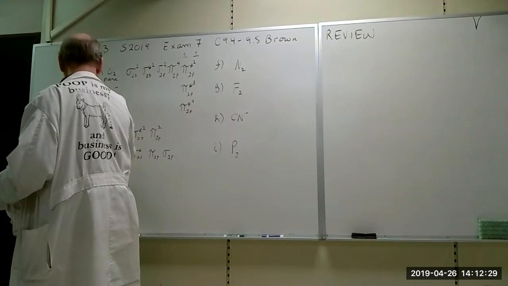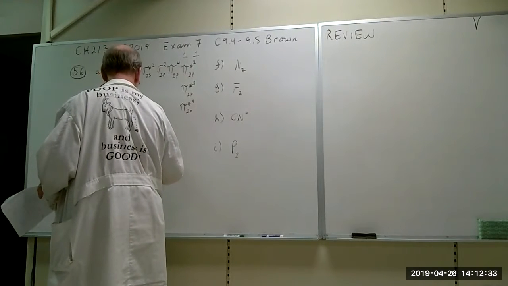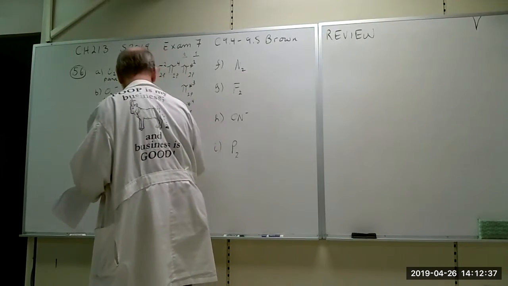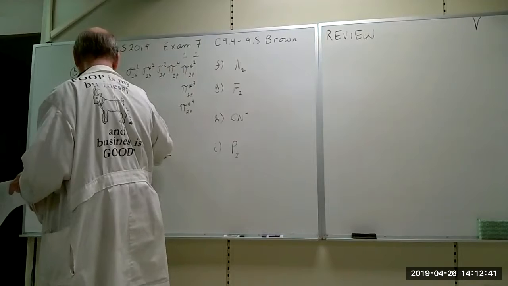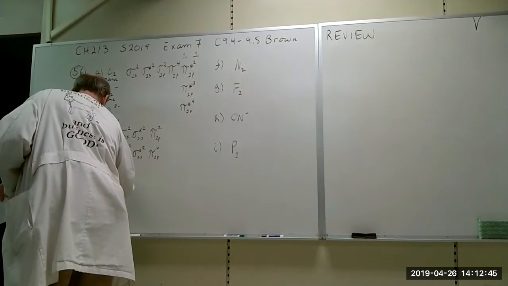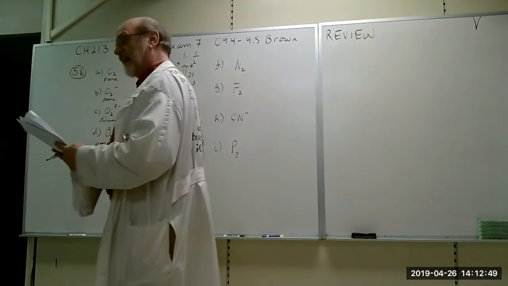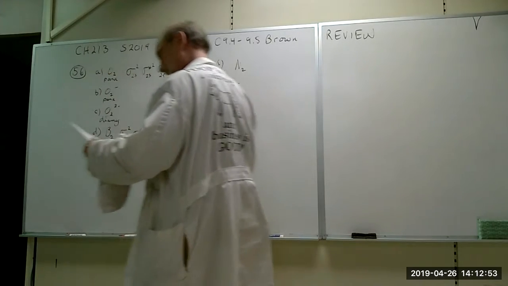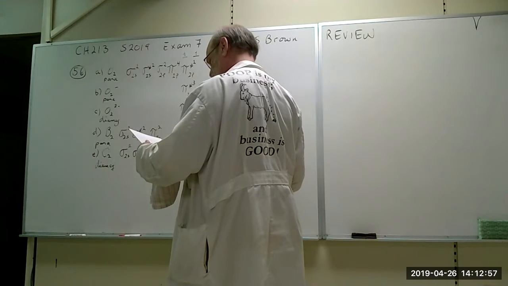Each carbon is going to have 4, so that's 8: 2, 4, 6, 8. Okay, so we didn't need that. So these are all going to be paired. This is diamagnetic. Nitrogen should be diamagnetic, fluorine diamagnetic,